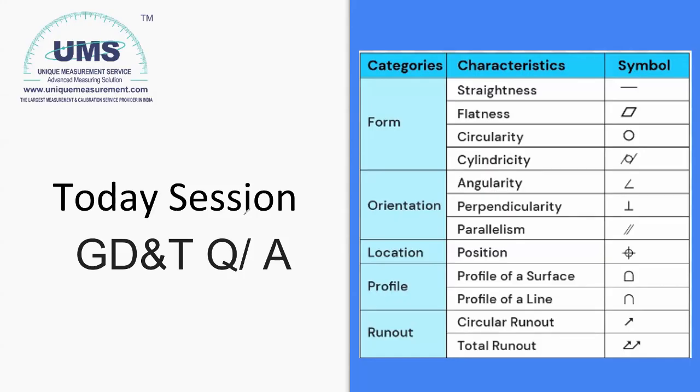Okay, the next question we have is, sir, in a drawing, which dimension should we prefer to provide datums? Usually for datums, we don't require any dimensions. Any feature can be identified as a datum because a datum is a reference. It can be a feature, it can be a hole axis, or it can be a center plane of a slot. Many types of datums are there. Whatever datums are required for that particular application would be taken as datums.